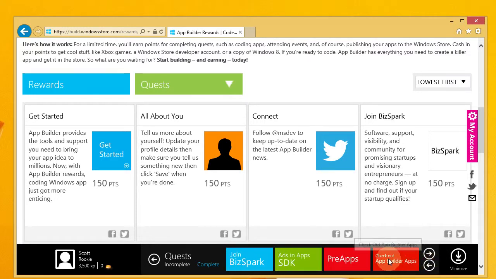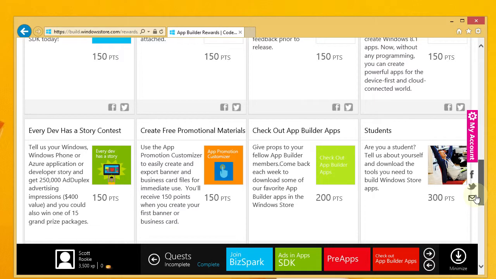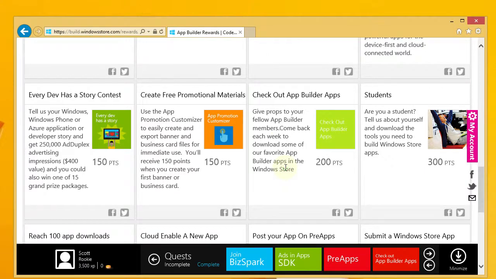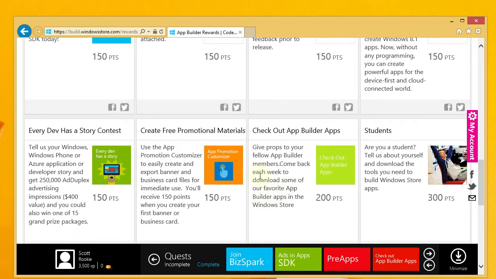And I think it was this Checkout App Builder apps, which, oh, they do still have that. Okay, so great. This is really the key, I think. You sign up initially for a bunch of these different things and get, like I said, roughly 2,000 points, and then after that, you can come back every week